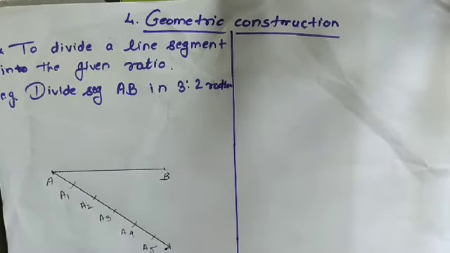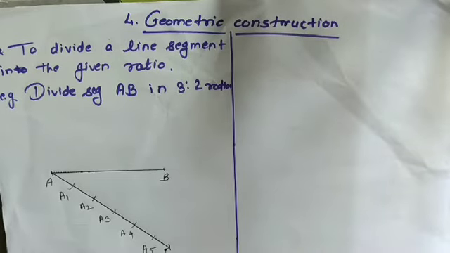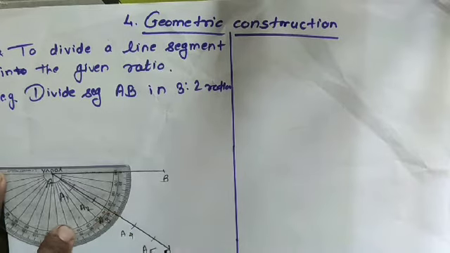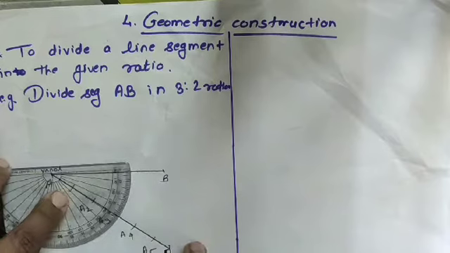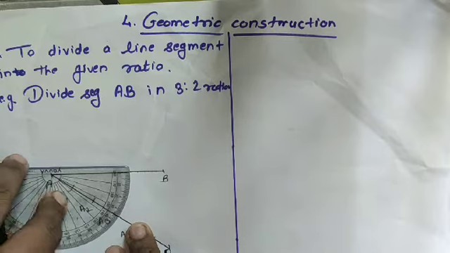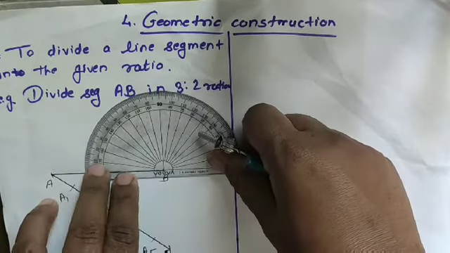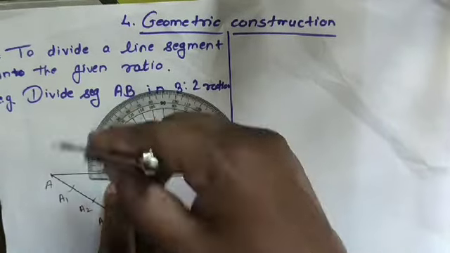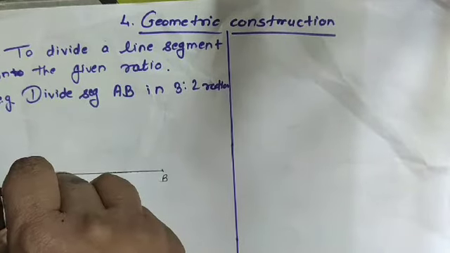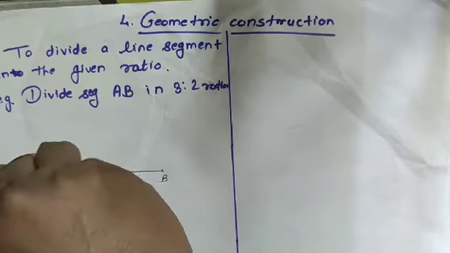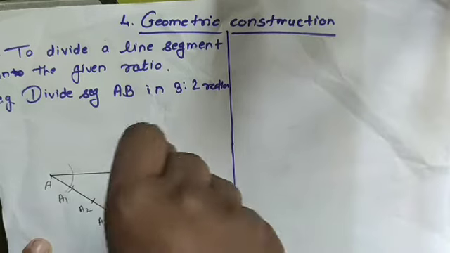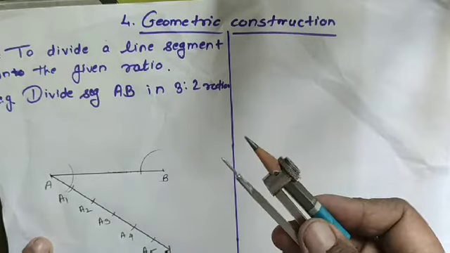Okay, now I told you to use a protractor for drawing this angle. So how much angle had I taken here? It is 36 or 30, wait, the angle is exactly 35. Okay, and here also we have to take 35 only. So you can take it that way also. Otherwise take a compass and draw the arc. Here, without changing the distance, you just use point P. If the protractor is not with you, or some problems are there, then use this method. So this we have to draw here.